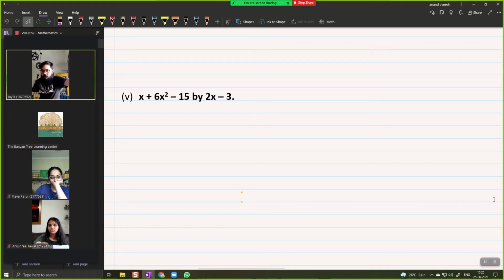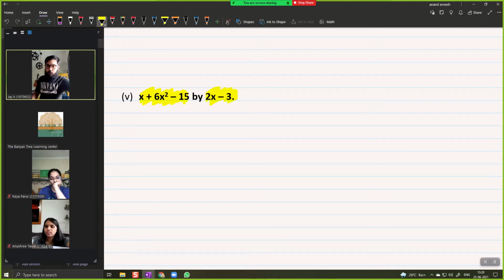Now there is this new way of doing it. Do you see over here we have a trinomial and here we have a binomial. You cannot divide it like you used to do till now. You cannot follow the method which I just told you. So we have to now start with long division. Okay, so what is long division? This is the first time you're learning long division, so pay attention because this is very new for you.